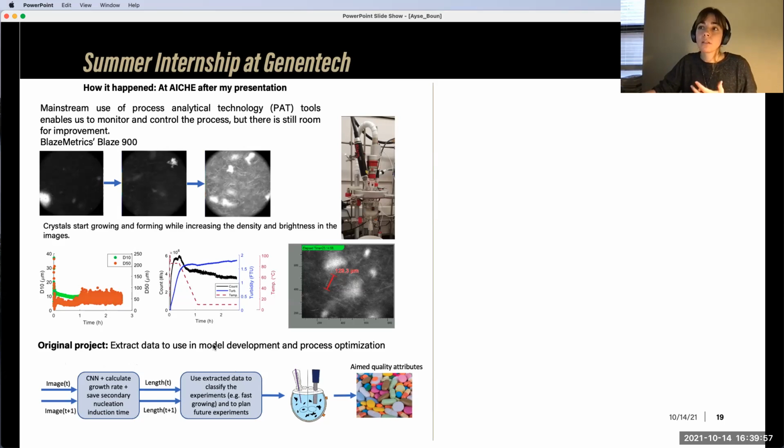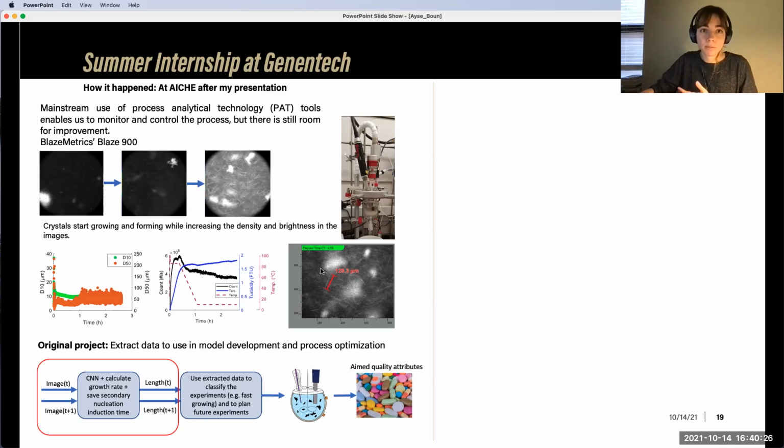But the data we had was not enough to do that fully, because they didn't have the solubility information and everything. And most of the time, industry doesn't have all the information that I have in my research. So I said, okay, I want to deliver something to you. So let's focus on developing a tool which will help you at least do image analysis